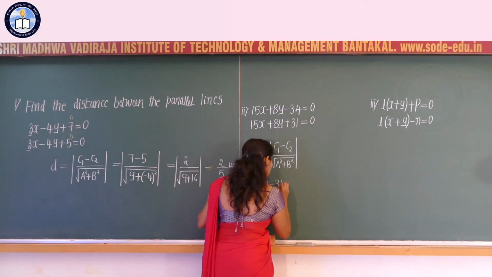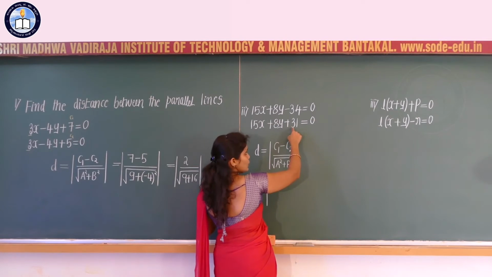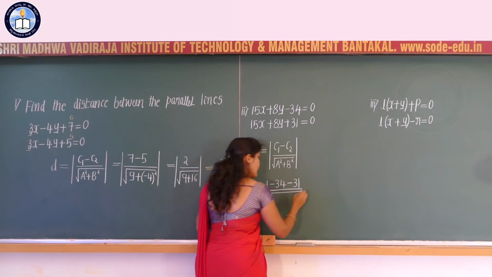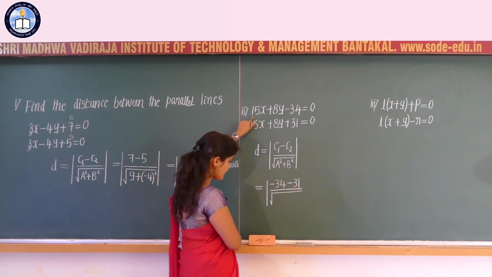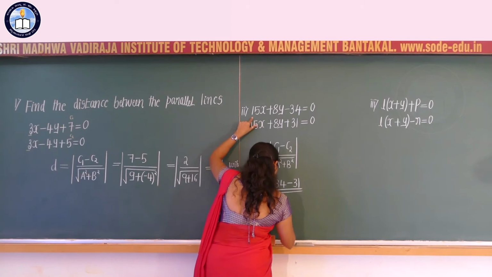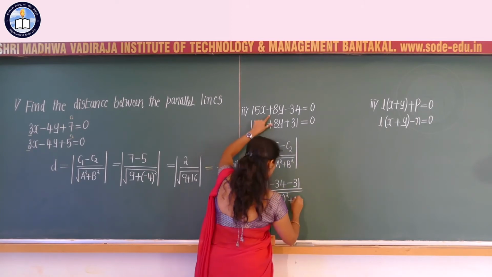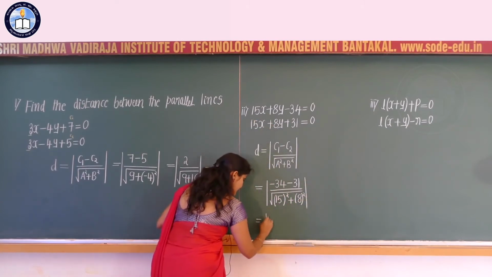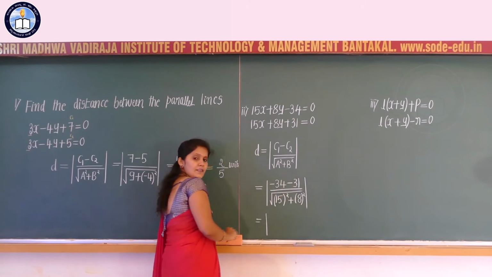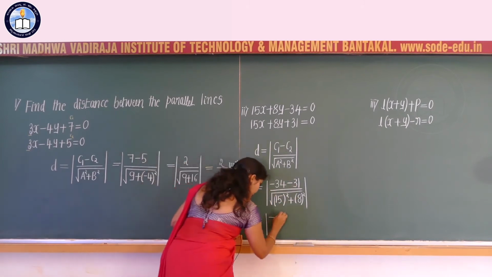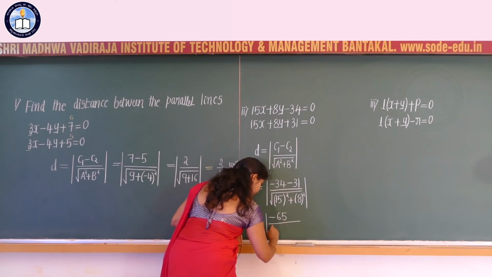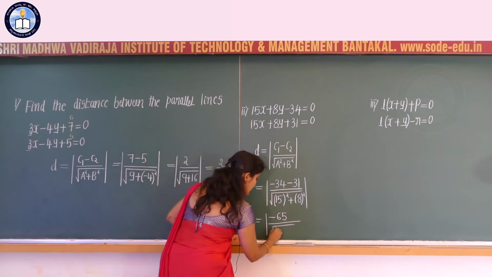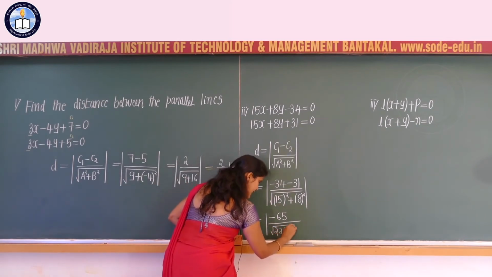What is the value of C1? That is nothing but minus 34, minus C2 value, which is plus 31, that is minus 31, divided by the root of A square plus B square. A square is 15 whole square, plus B square, which is 8 square. Simplifying, we can write it as 34 plus 31, that is 65, divided by the root of 15 square, which is 225,